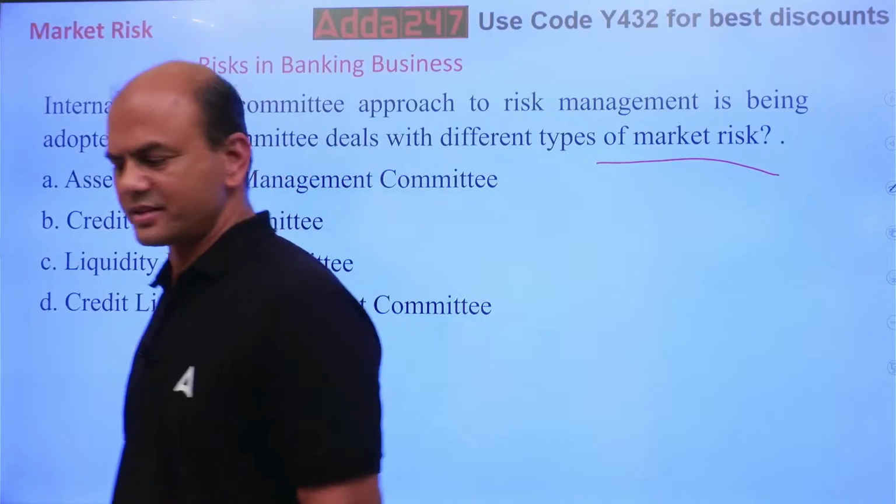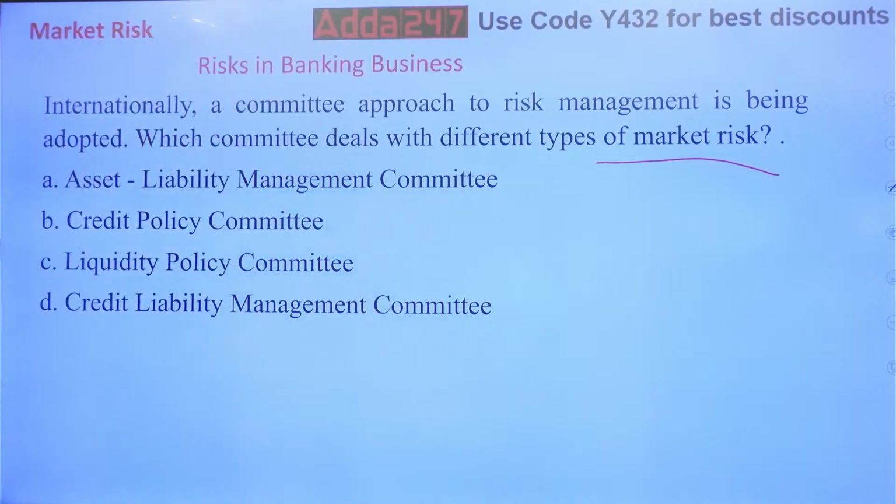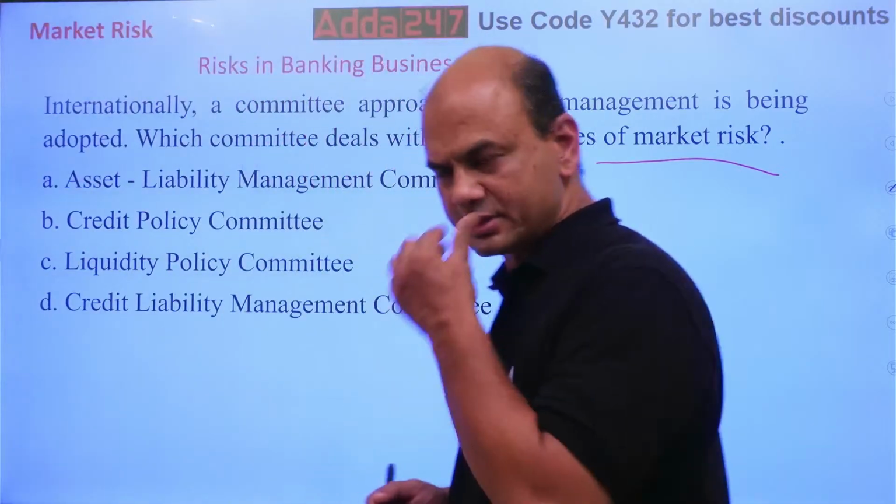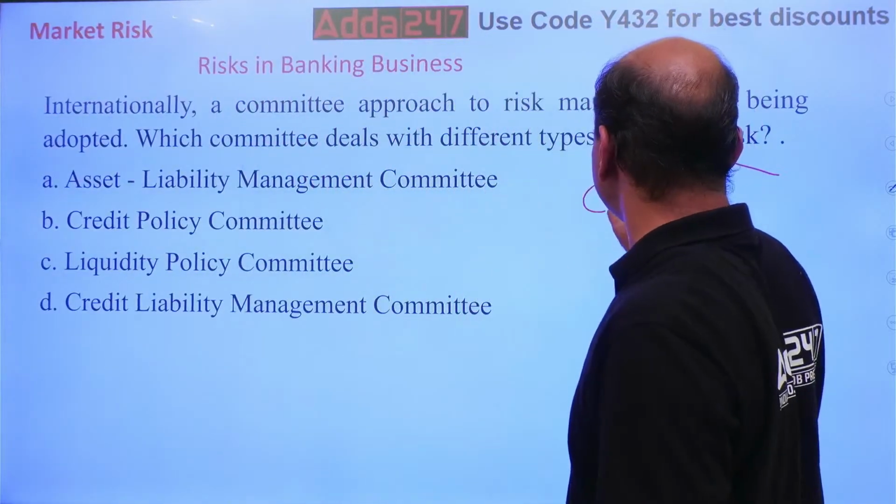Think. Various types of market risks. Here, there are 3 committees, kindly note. One is CRMC, ORMC, and ALCO. I had taken this earlier. Follow my yesterday's risk topic, risks in banking business. This already I have taken it. CRMC, ORMC, and ALCO. Okay, let me summarize it a bit. Summary only. CRMC,